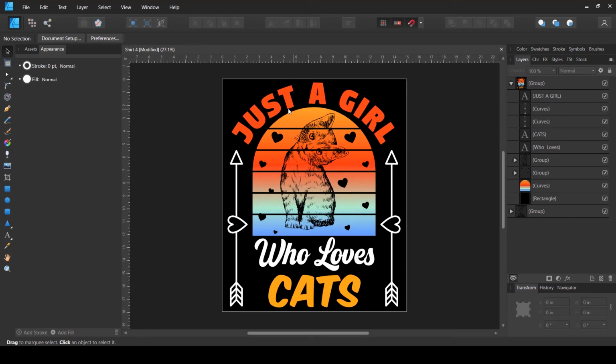So I have changed the color to match the vintage sunset style, so the orange for the top text and slightly yellowish for the lower one, and then in the middle I've put the text to be white. So you can see that I have mostly kept it in between the three colors, so the orange, white and yellow. But for the sunset I have certainly used, for this ocean style thing, slightly greenish to bluish, and that totally depends upon you if you want to do that.